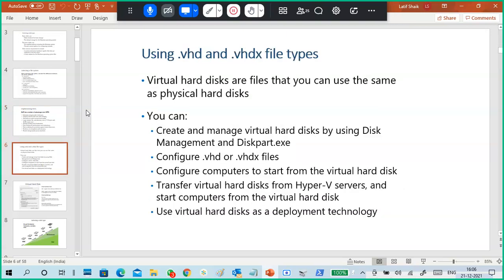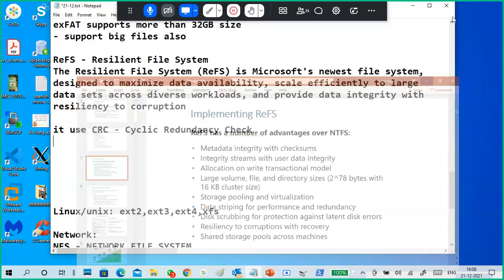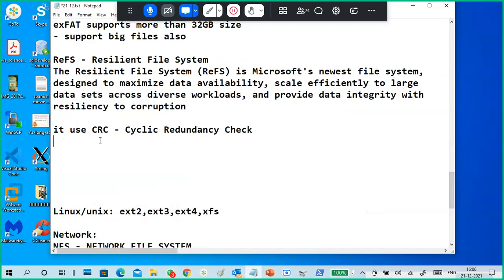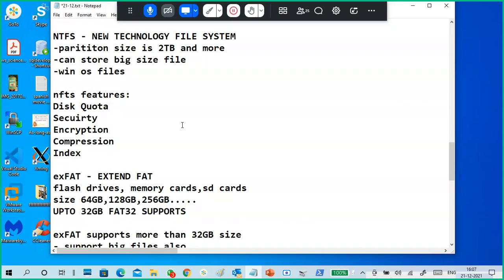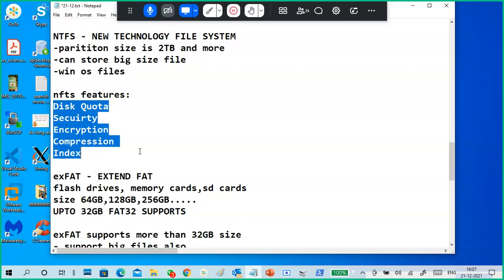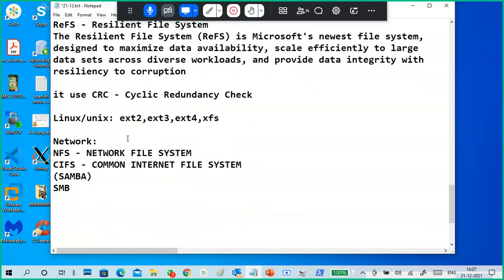And reverse compatibility is also there, which means you can convert it back into normal NTFS. NTFS to ReFS, ReFS to NTFS, we can convert it back. Of course, I didn't explain these things fully. I will explain it again, so don't worry.